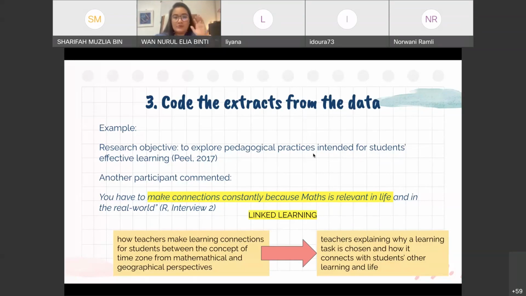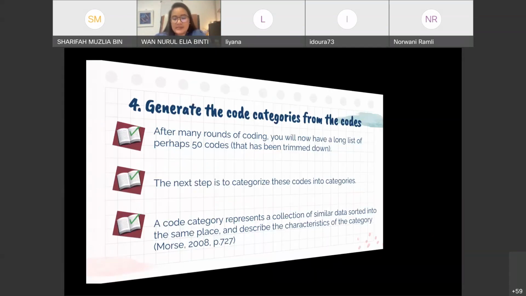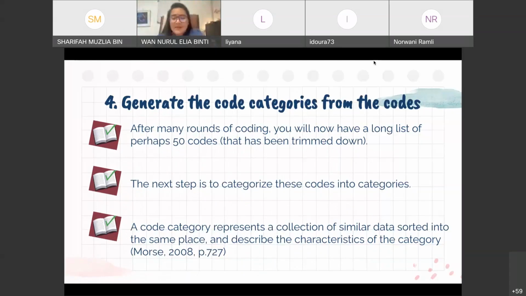Okay, now you know this is how you code the data that you have. Remember, it's memang messy, but let's go through it step by step, yeah? Okay, the next one: generate the code categories from the codes. So let's say after you have done the first step of coding, for the 5 teachers just now, you end up with 20 codes.